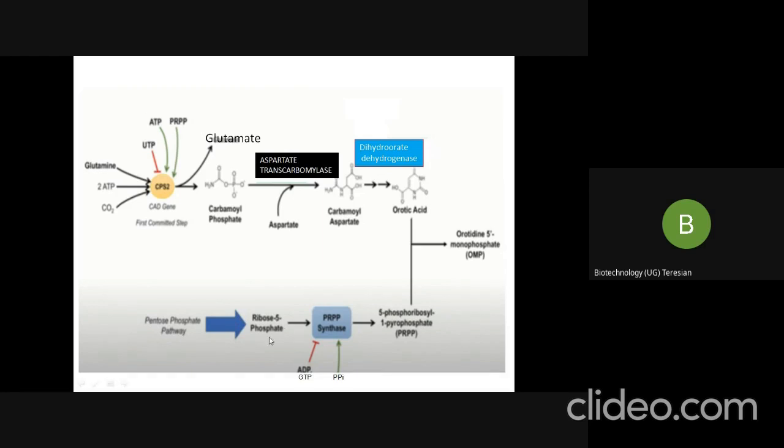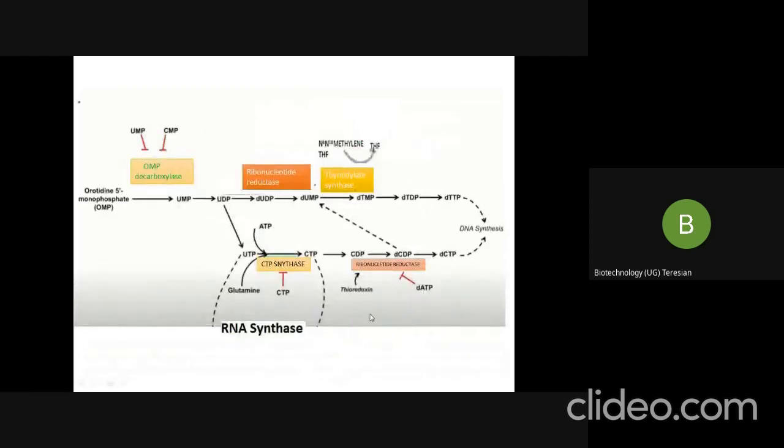What is this ribose 5 phosphate? It is the sugar molecule, right? So you need a sugar molecule, whether it is an RNA or DNA, because onto this sugar molecule is where your nitrogen bases sit. And it is to these sugar molecules that your phosphate groups are attached. So the pentose phosphate pathway produces ribose phosphate, which gets converted into